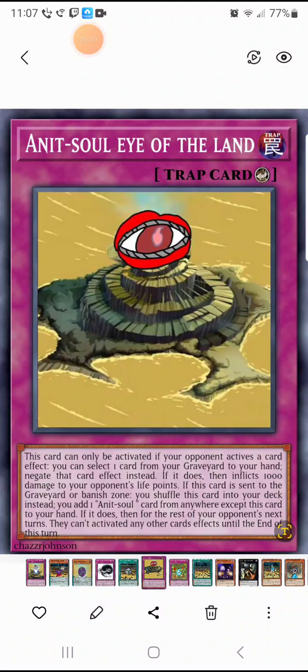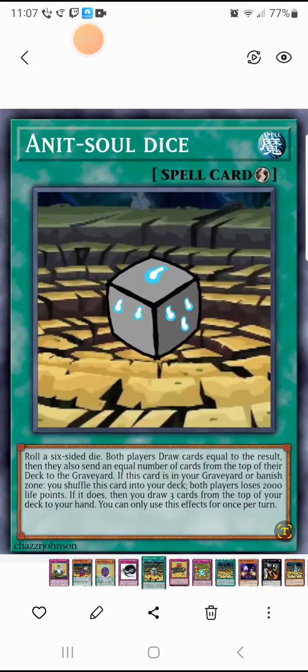If this card is sent to the graveyard or battle zone, you can shuffle this card into the deck instead. You can add 1 Anti-Soul card from anywhere except this card to your hand. If it does, then for the rest of your opponent's next turn, they cannot activate any other card effects until the end of their turn. Yeah, so,